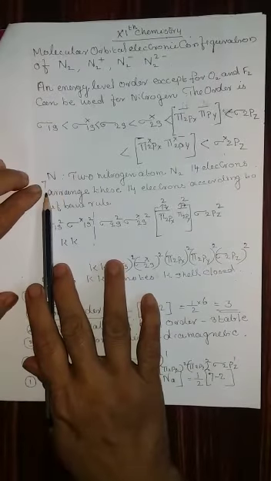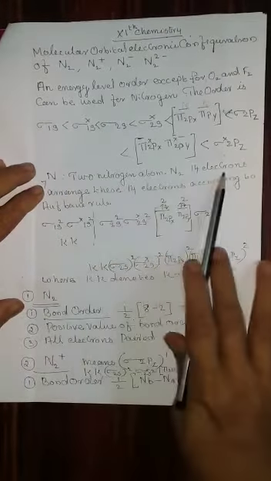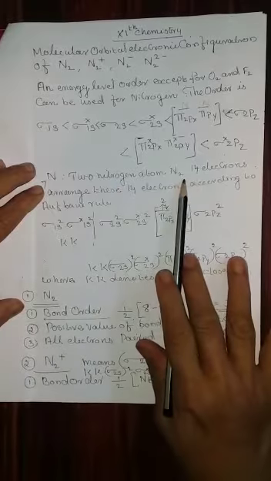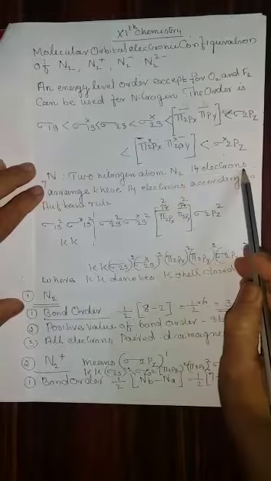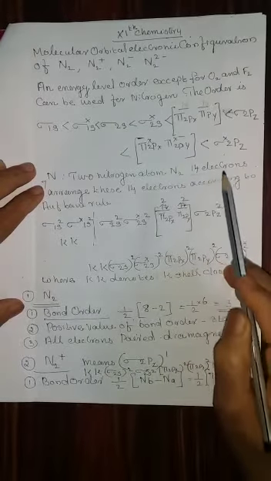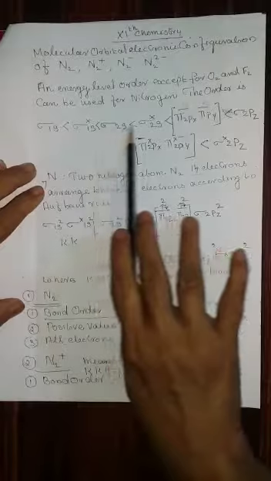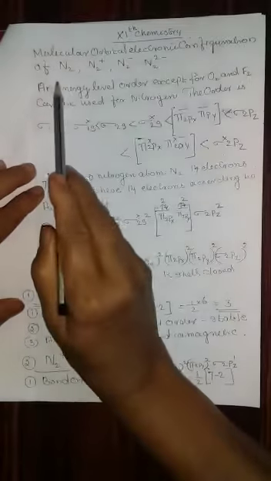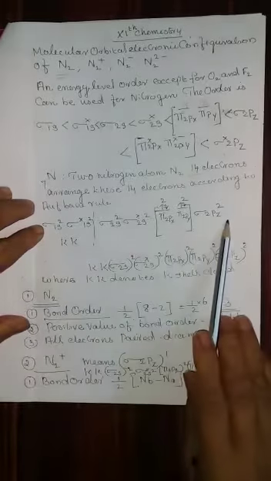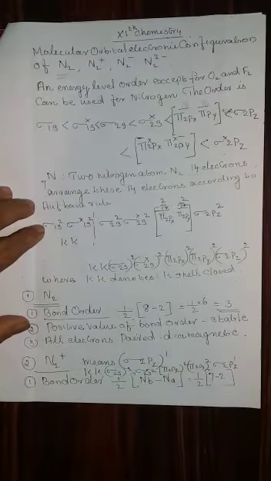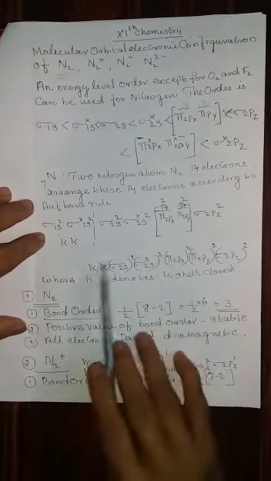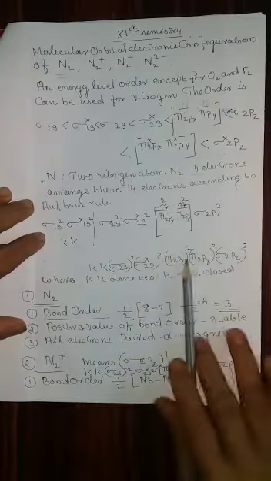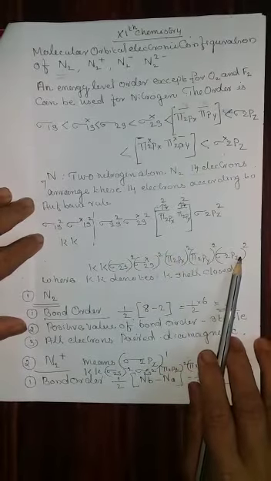Nitrogen atomic number is 7. Therefore, 2 nitrogen atoms combine together and form a nitrogen molecule. Therefore, total 14 electrons. That is the main point. These 14 electrons are to be filled according to the Aufbau principle. That is for the first case, N2. Therefore, we are going to put the electrons and count the number to check whether it is 14. When it is 14, please stop adding electrons and just count the superscripts. From that you can find out whether it has reached 14.